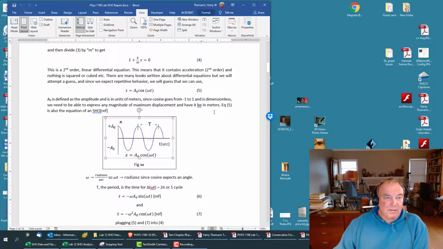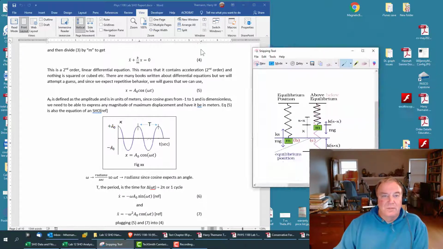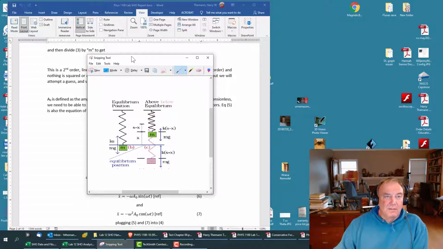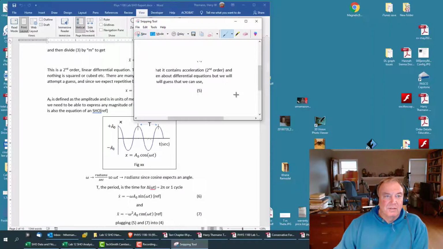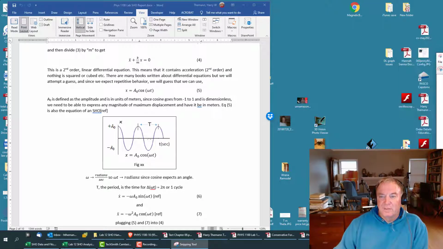So then I took this diagram and I just kind of stole it from the lab manual, but I doctored it a little bit. So just FYI, I got the Windows snipping tool where you see I stole part of another diagram. So you just say, okay, I want to steal a part of this, and then you can take that, and you have limited editing abilities in there. But what I do is